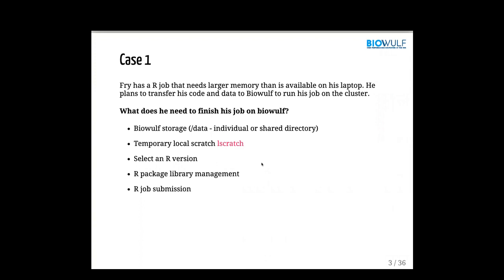Besides that, Fry has to check which R version he was running on his laptop to match the version on HPC. Other than that, he may need to reinstall all the R packages from the laptop to the HPC. And the last one, you just submit your job.